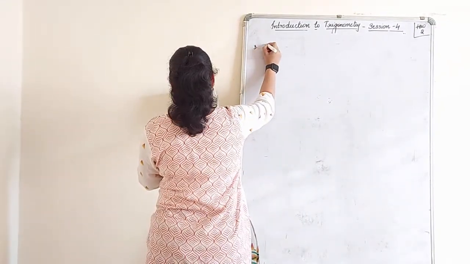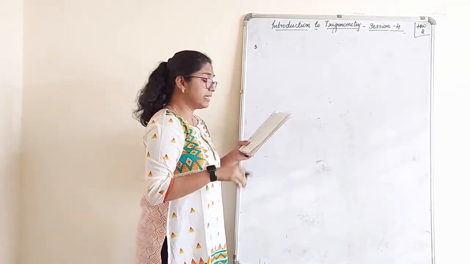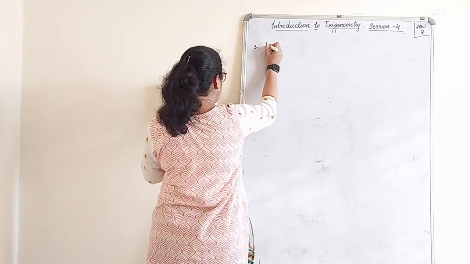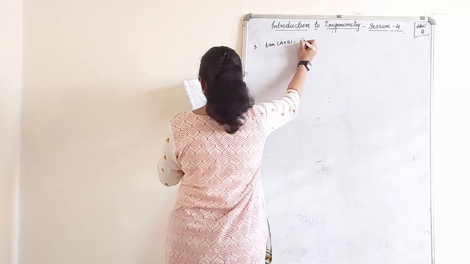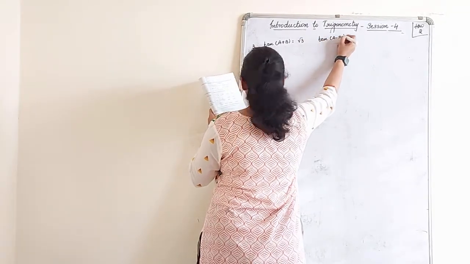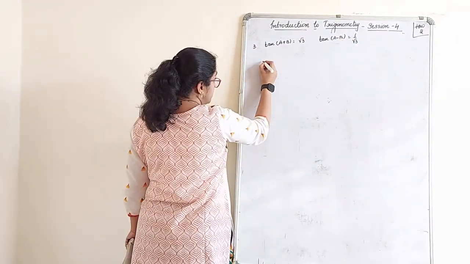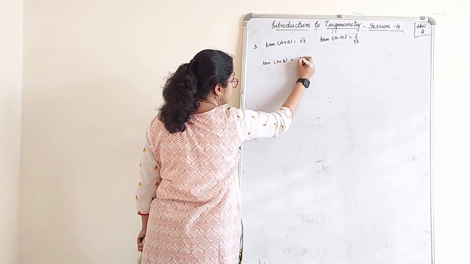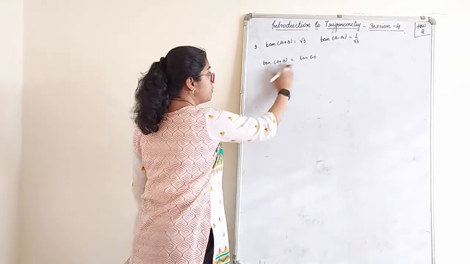Third one: the trigonometric ratios can change. Sometimes they'll give you with respect to sine, cos, anything. With reference to angles, what you have to know here: tan A plus B is equal to root 3 and tan A minus B is equal to 1 upon root 3. Now, it is in terms of tan here. Tan A plus B, can I write this in terms of tan 60? Because tan 60 is root 3. Always they give you in that form only.